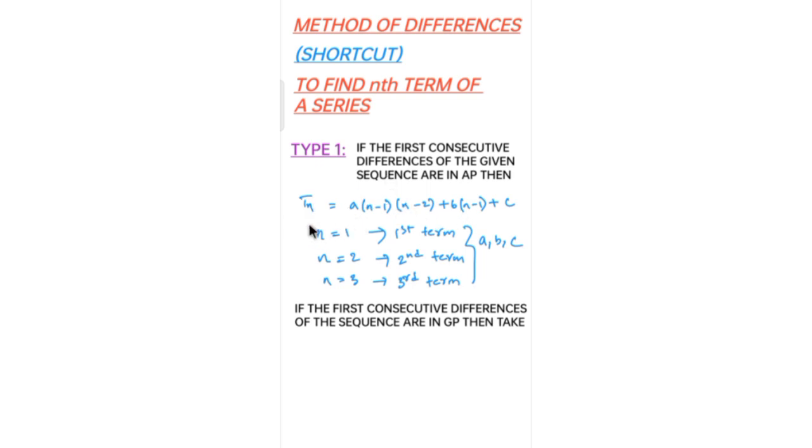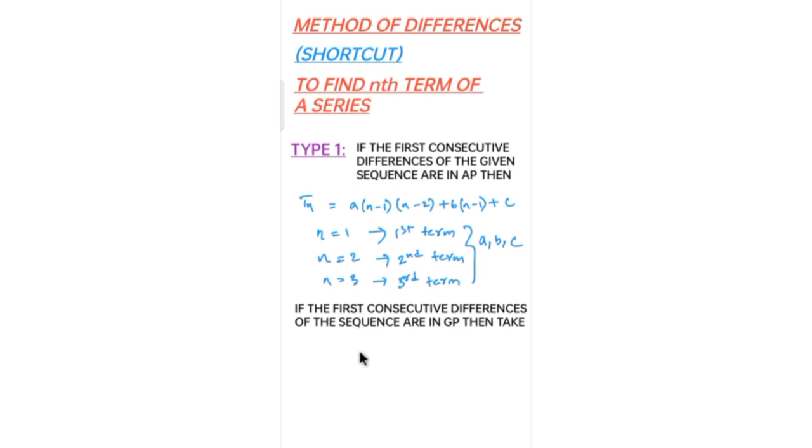The only reason we are doing all this is to find the values of A, B and C, and then we get the value of Tn of that sequence. This is only if the first consecutive differences of the given sequence are in AP. And if there's a sequence where the first set of differences are in GP, not in AP,